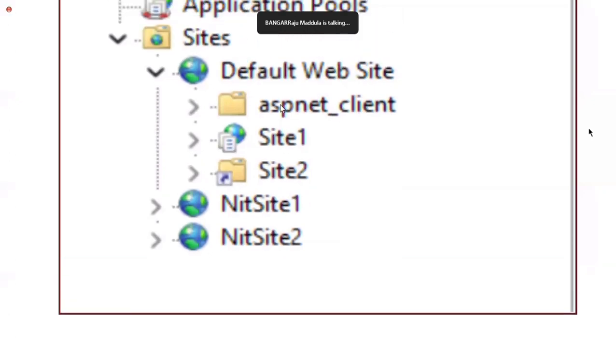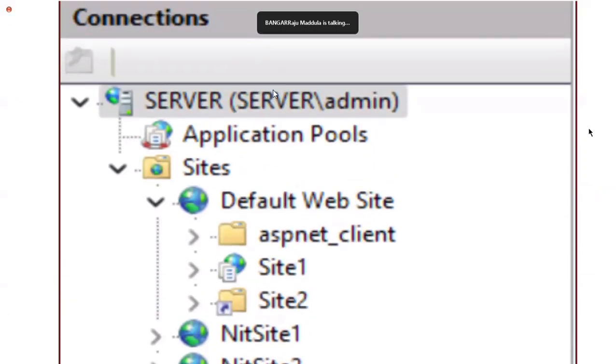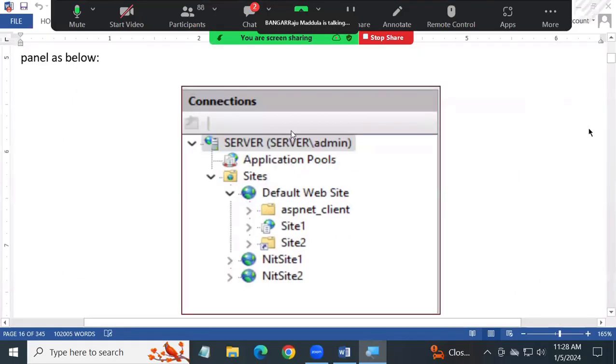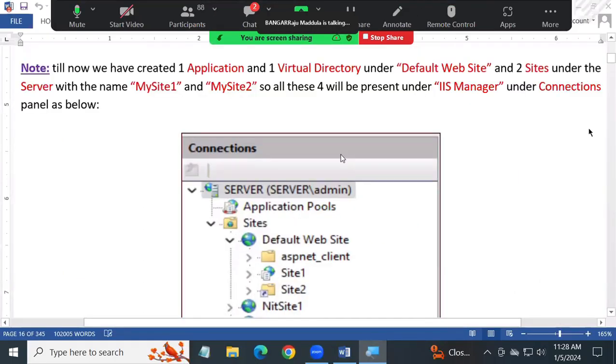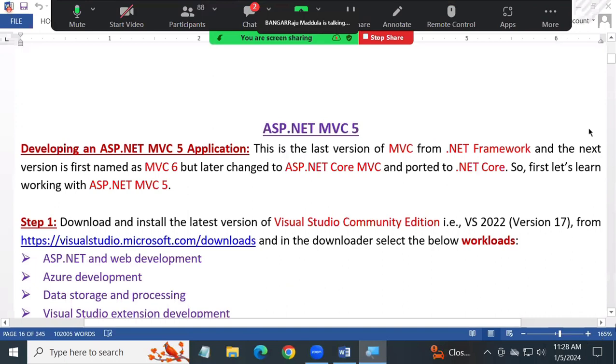So totally, all these are the things I created under our IIS. I put a screenshot also for that in the notes for you. Totally, whatever you have created. Well, guys, today we'll start with